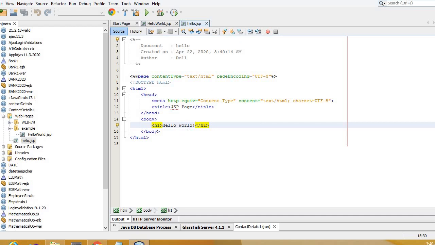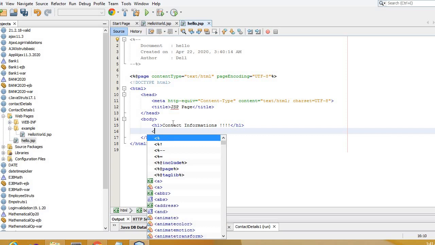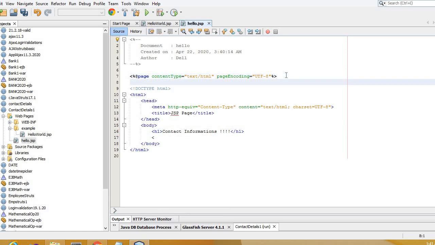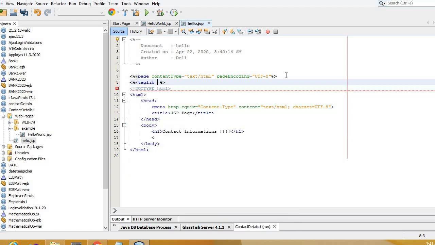So we'll have the h1 as contact information. After this, inside the body part, before that, we will import all the Struts related tags using the Struts tag libraries.